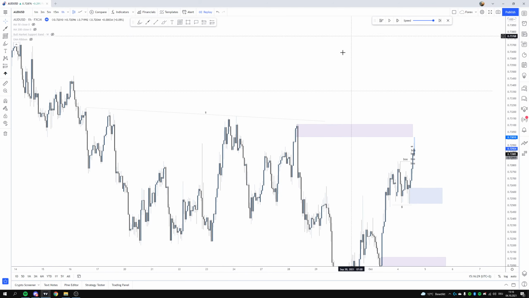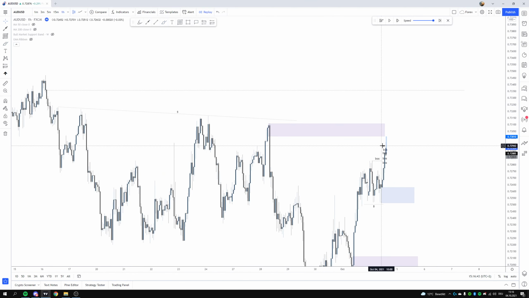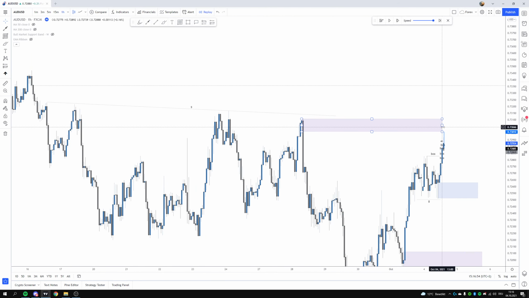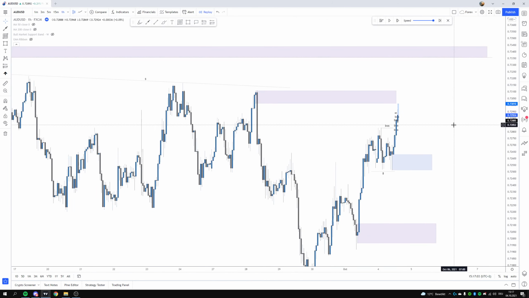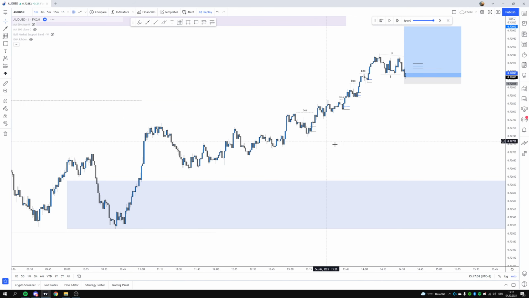Potentially, price could push through this supply area because we also have a lot of liquidity sitting above this area right here. So I was looking for a buy trade into this supply area and then for a potential rollover to look for shorts. But if we don't see any short potential, I will just ride this to the upside into this unmitigated supply area. So basically, let's go to the lower time frame,